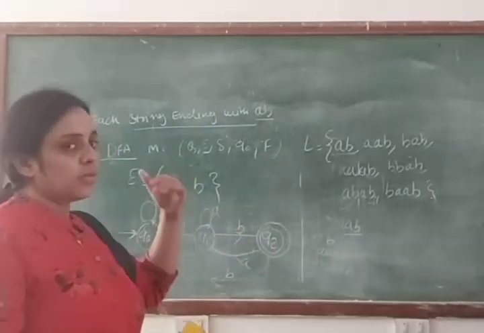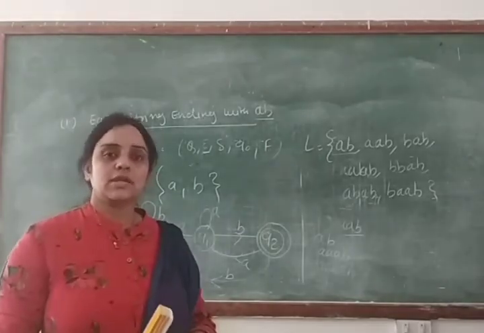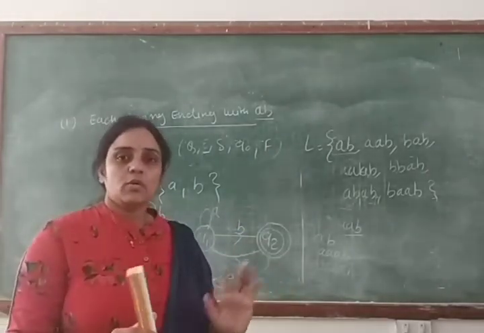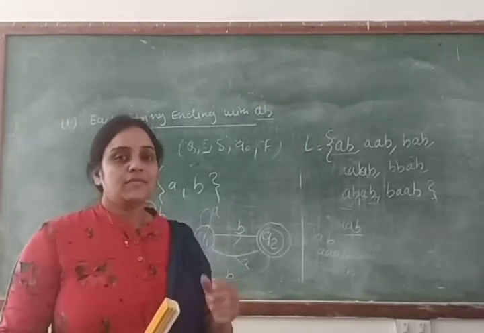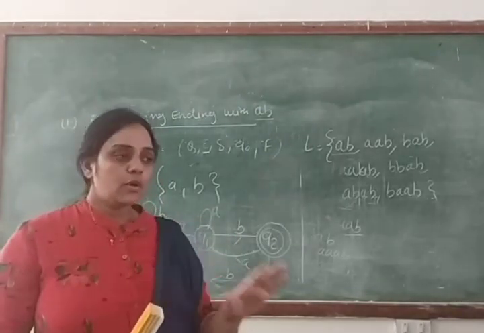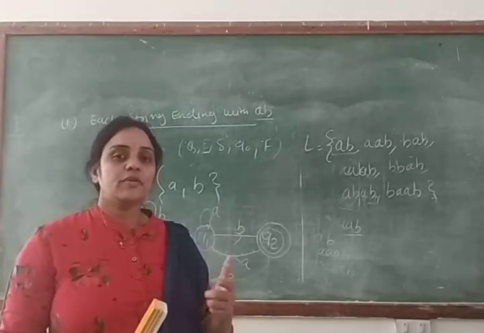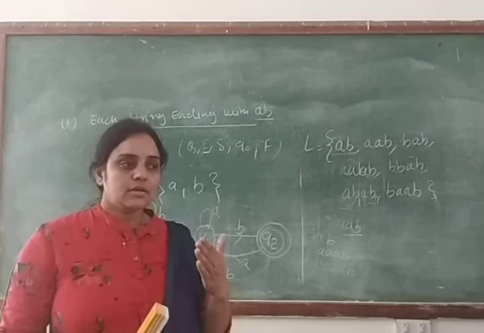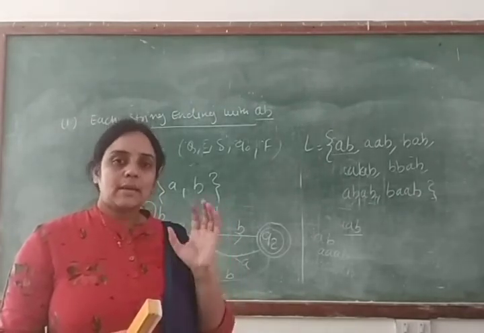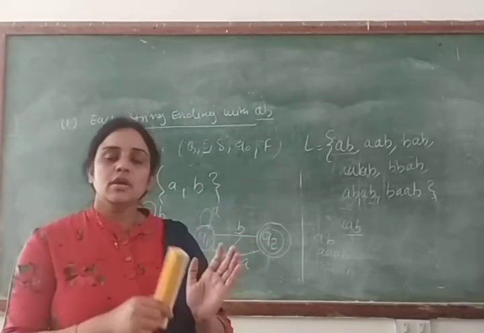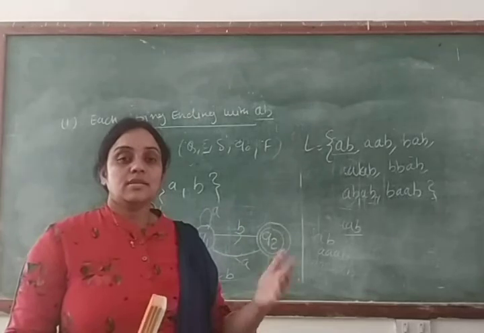Okay, this is the problem. The string ending with AB, so we will make the machine like that, because whenever you watch the lecture, at that time you feel okay, I can get it, I can make the machine like that. But whenever you solve this type of question without seeing the answer, without seeing any notes, at that time you will face difficulty. So for this, just solve the question, just try, apply the logic, check the condition from every state to every state. After that you will get the answer easily.